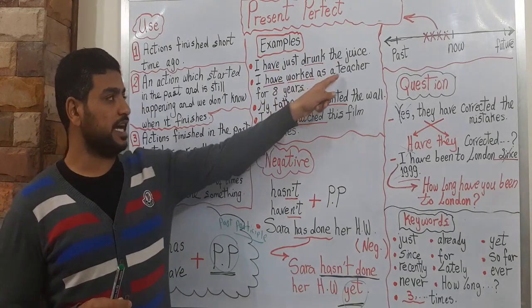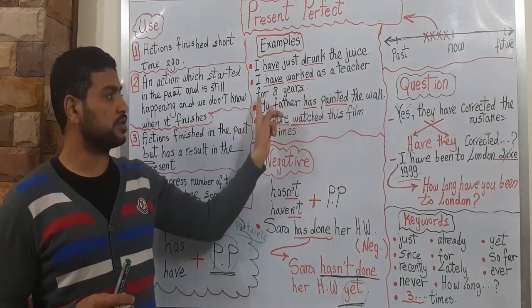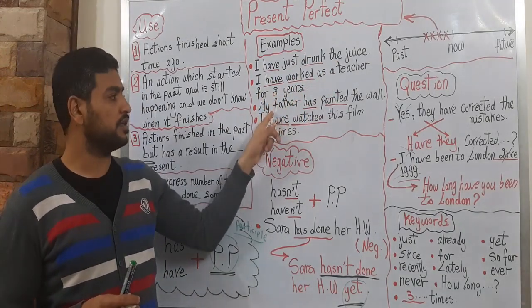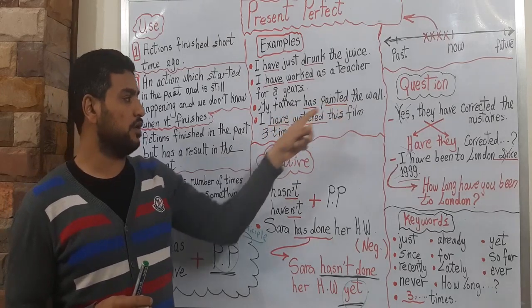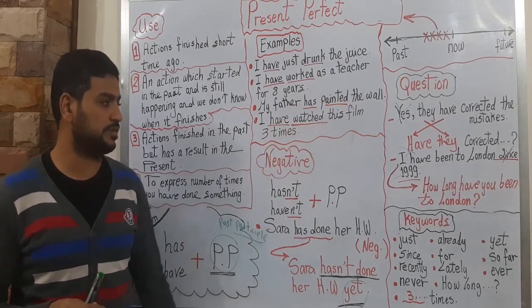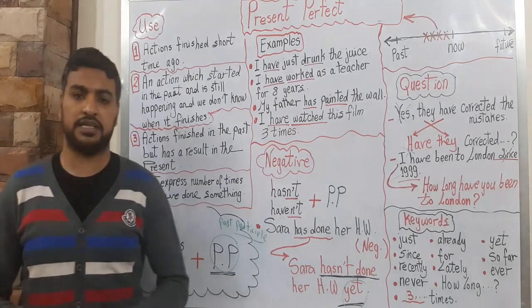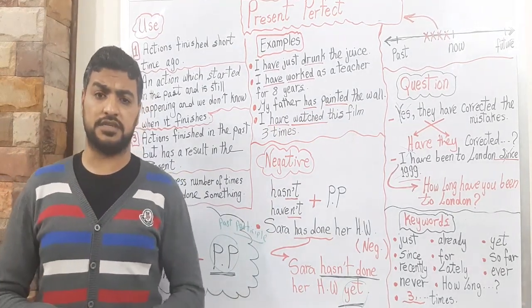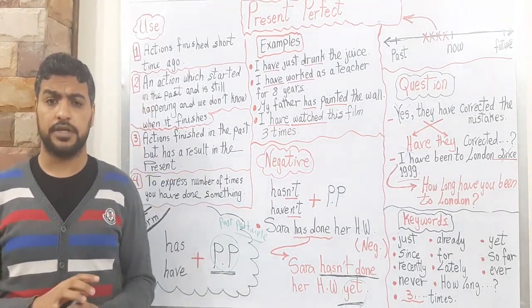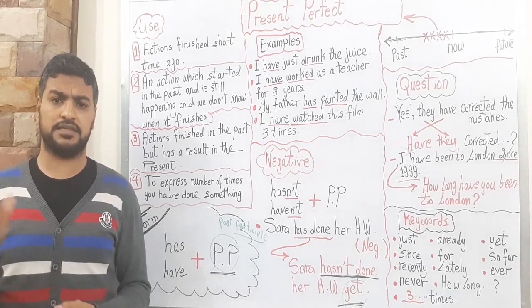I have worked as a teacher for 8 years, or since 2011 or 12. My father has painted the wall. I have watched this movie, or this film, 3 times. What about the negative? The negative is easy, like present continuous and past continuous, unlike the past simple or